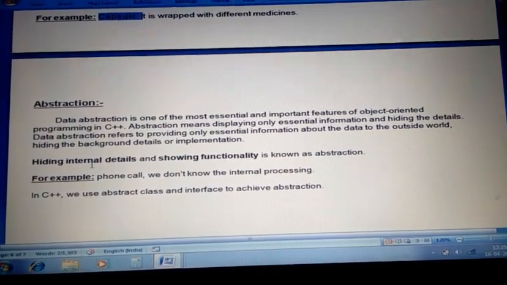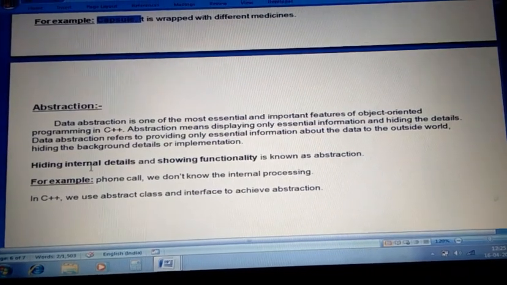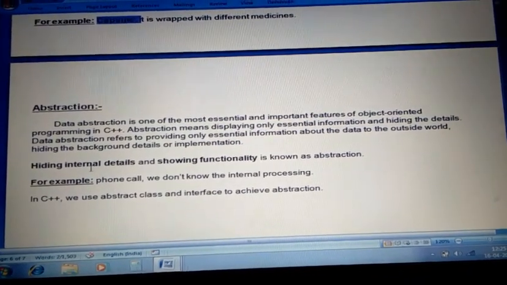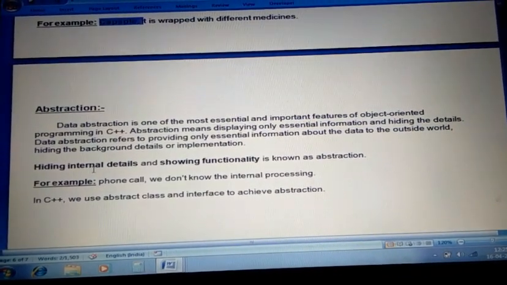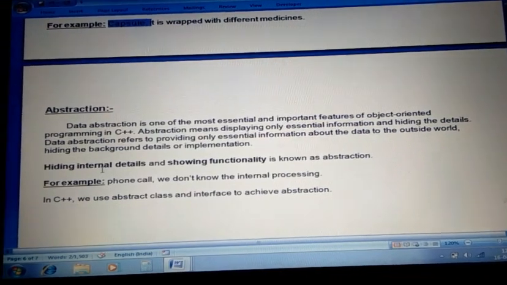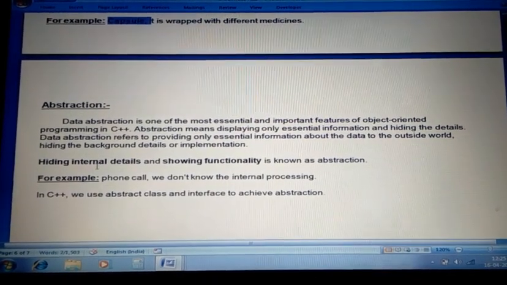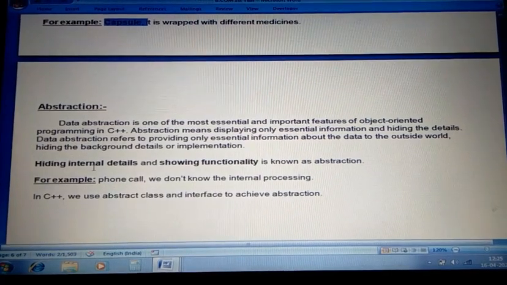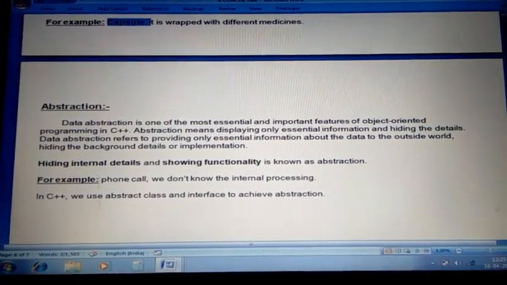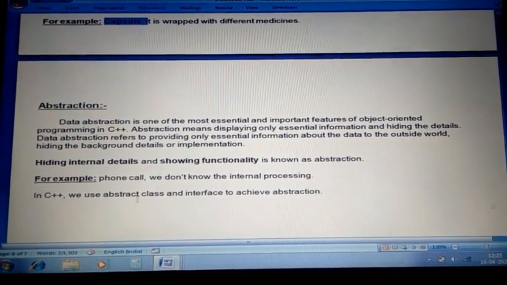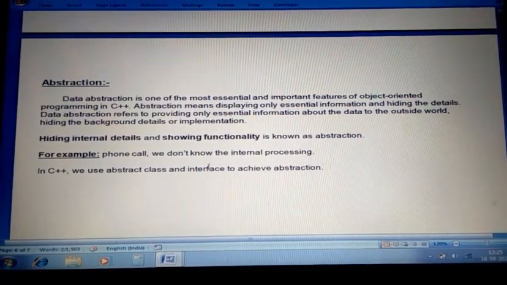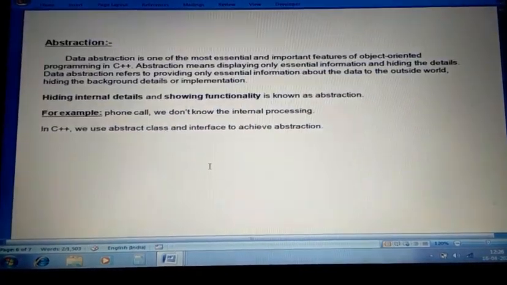But how the process is going on inside the mobile, how the cells are activating and how the transmission runs, that will be hidden. Only the outer part is shown, the internal part is hidden. That process is called abstraction. Example, sending SMS through your mobile phone. That's it.